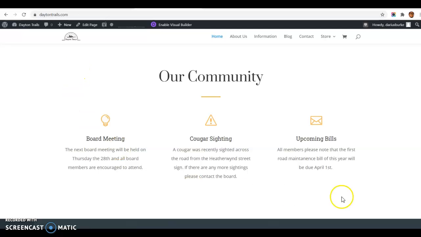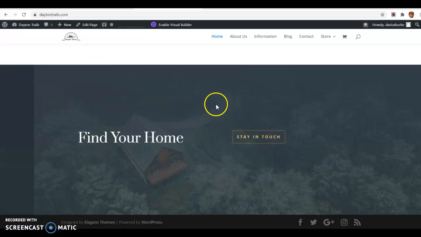For example, the next bill notice, let's say after April 1st, the next one will come up here. Let's say maybe there's a bear sighting that'll come up, or if there's people speeding, you have to watch out for that, icy roads and such. And so it's kind of in the moment information.